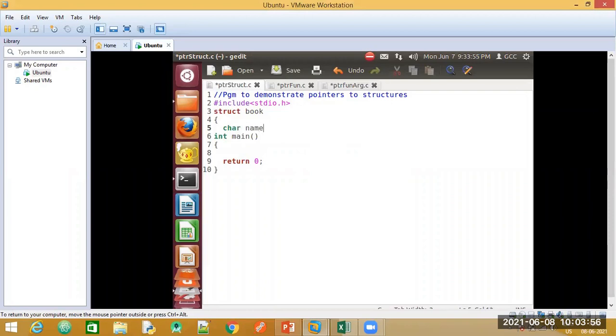One is to store the name of the book. So to store the name, I will require a character data type. Then let me take another variable, to store the price of the book. So we will take the data type for price as float. And I need to close the bracket here and give a semicolon.